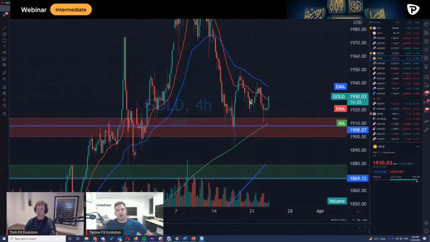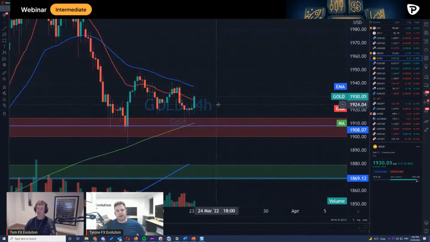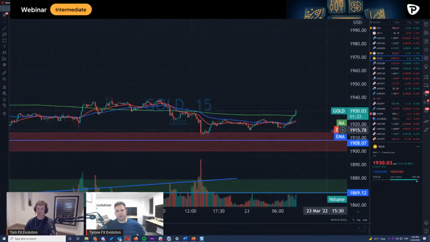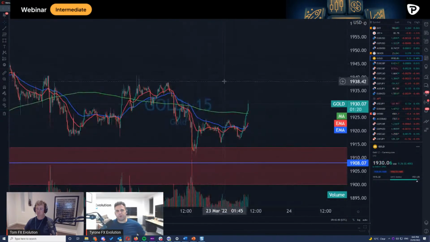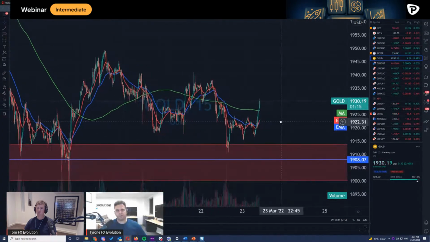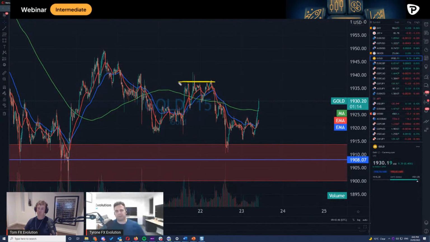Yeah, I think the point to take out of that is that if you understand what you're dealing with, you trade accordingly. So if we're trading a range bound market, use the range bound indicators, use the range bound preparation. Have your take profits at the top of the range, have your stop losses below the bottom of the range. And if you can trade within that range successfully and use the right indicators for the job, it's going to be a great way to trade it. There's no question about that.